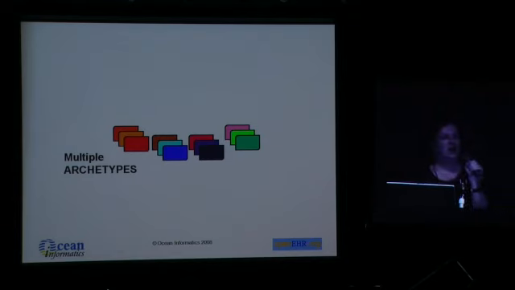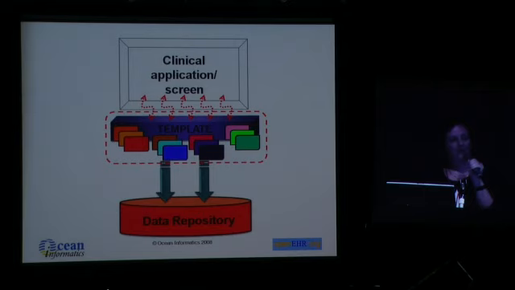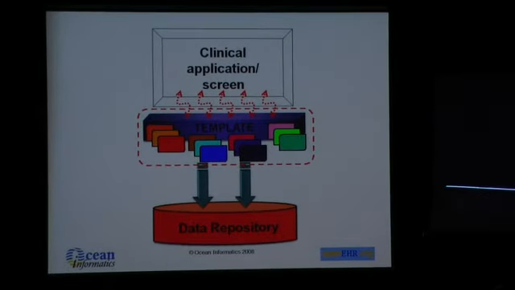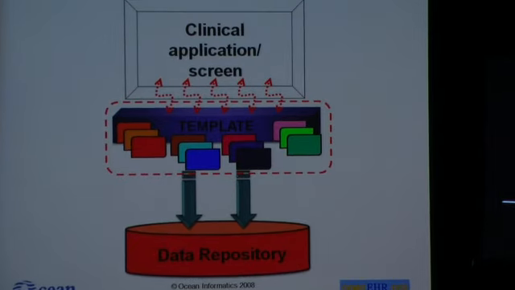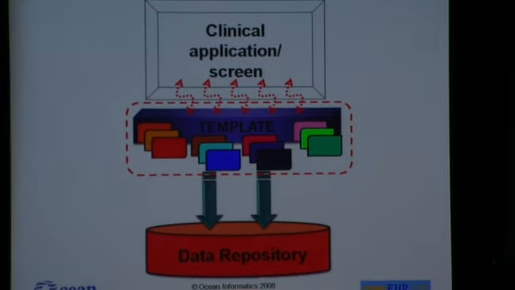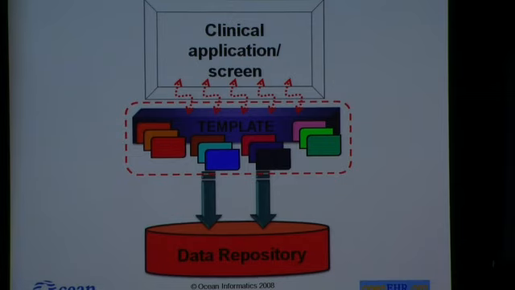So multiple archetypes, we bring them together and we make them into a template. And then the template can actually, we'll show you in the tools how that can actually start to, we can start to build forms from that. And these are all, again, still quite separate from this data repository, which is solid and has a lot of integrity because it's not being changed. All that knowledge is being managed through the archetypes and the templates. 後ほどツールをお見せしますけれども、テンプレートはこのアーキタイプの中にある複数のアーキタイプを一つにして、また特定のケースに適用してフォームとして